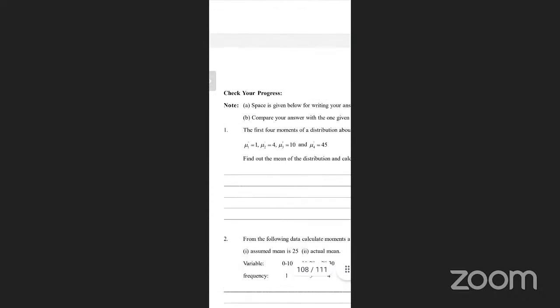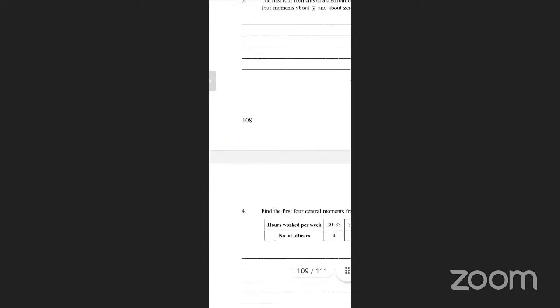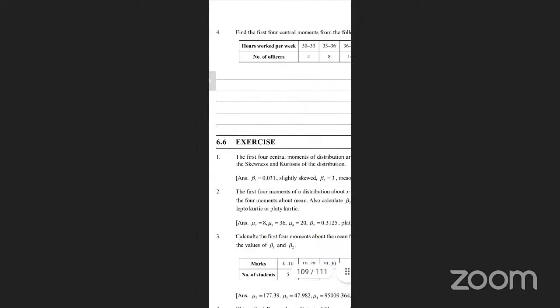Here is check your progress. Number 1 problem is there. Number 2 problem is there. Number 3 problem is there. Number 4. So these are the exercise problems you can do. Summary coming to